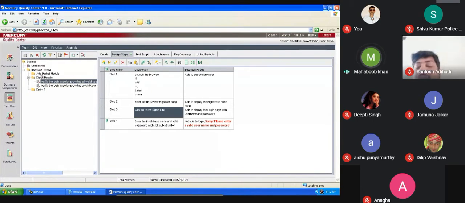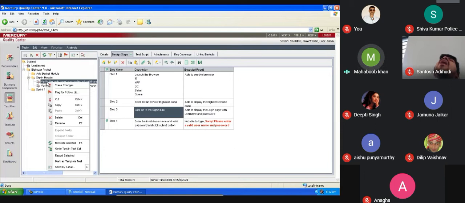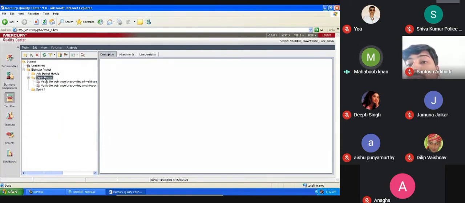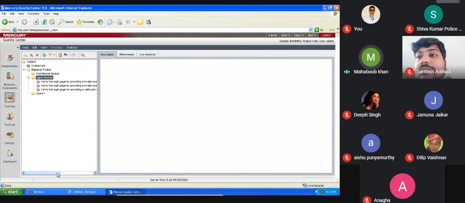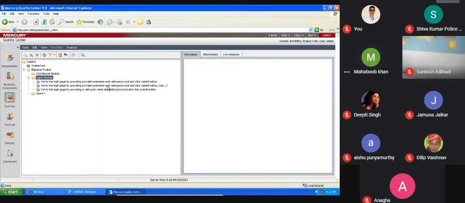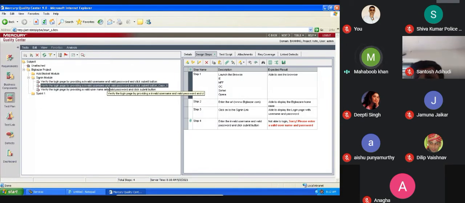Instead of copying, selecting this and clicking plus, we can directly copy the scenario itself. Copy, go to the module and paste. Now it gets copied. It is asking that it already exists. I will tell okay. So how to identify which is old and which is new? There will be a copy, underscore copy. See, this is the one which we have.